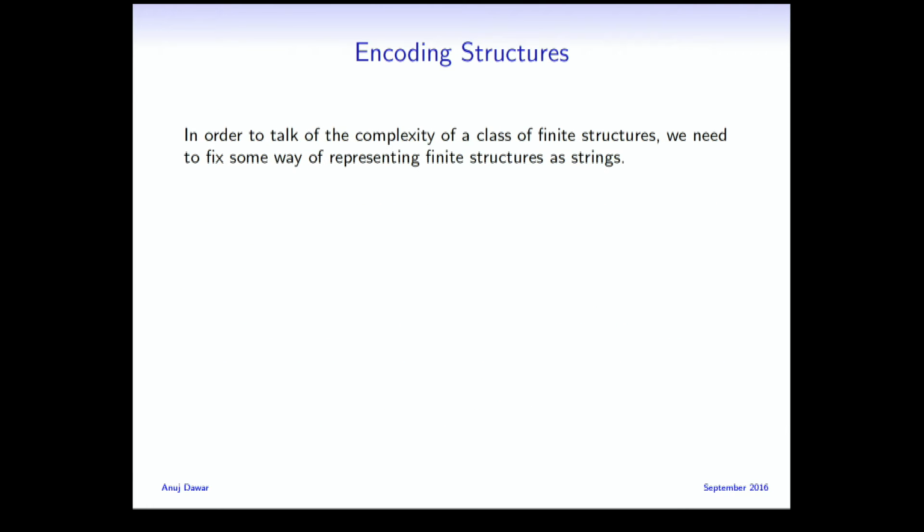When we talk about complexity, and particularly now we're going to talk about the formal definition of complexity classes, formally defined as sets of strings, we really have to, at some point, make explicit how these structures get represented as strings. We don't usually want to get stuck into the details of a particular encoding, but it's good to fix it once, so I thought I'd put it down. Here's what I'll assume, for example. Fix a 3-letter alphabet.